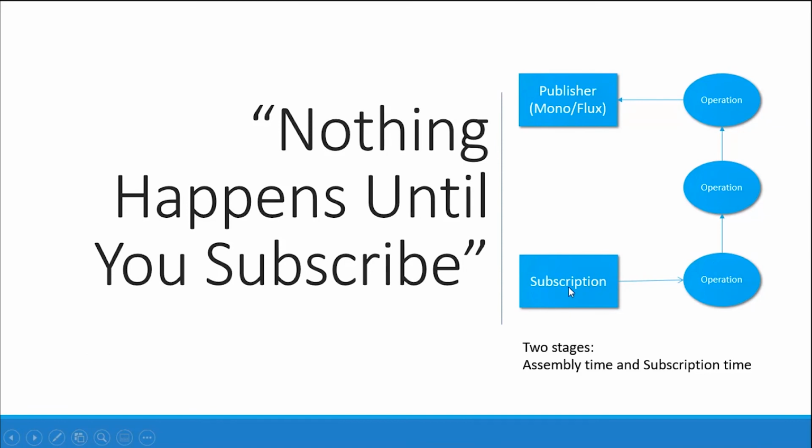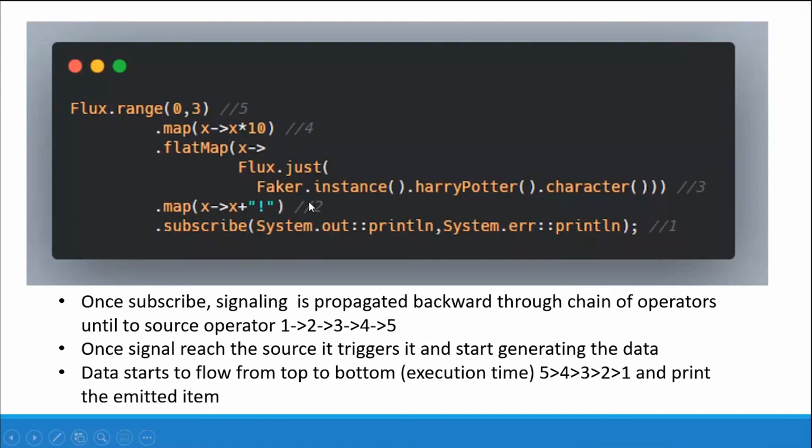Okay, here's an example I used. Here we have created a Flux that will emit 0, 1, 2, 3 elements. Then I create a map operator, and once an element arrives, I multiply it by 10. Then I create a flatMap and take the element emitted from the map.